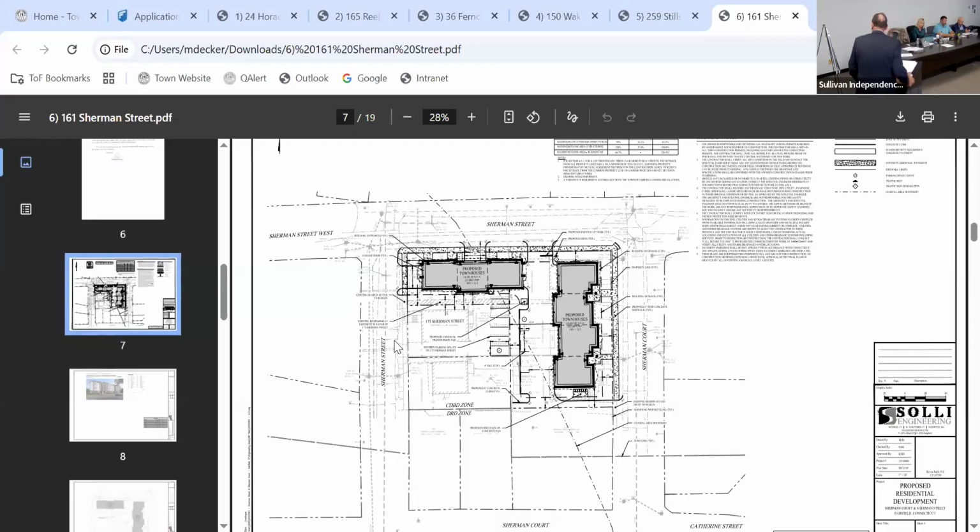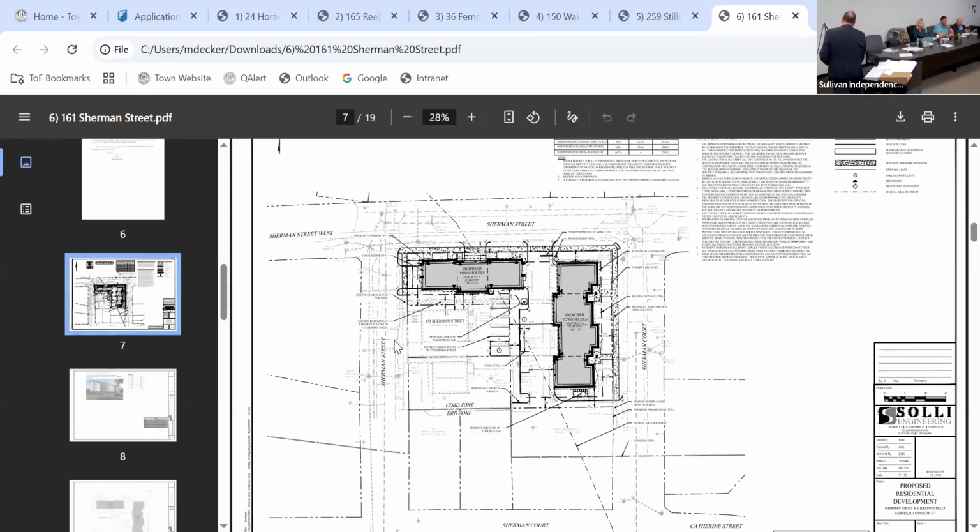And basically, as I said, remove a bunch of nonconformities. There's currently 4 properties, and they are at 161 Sherman Street, 2 Sherman Court, 16 Sherman Court, and 26 Sherman Court. So as you know, this is Sherman Street. As I can show you, probably easier here to give you the lay of the land now. Sherman Street here, building here, 1, 2, 3 buildings along Sherman Court.